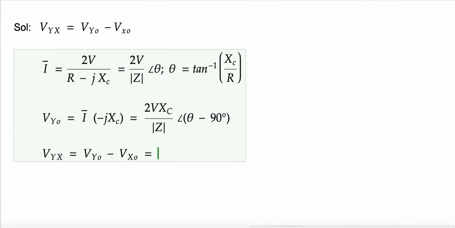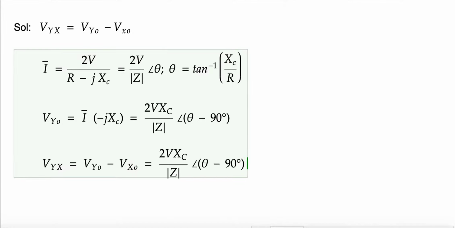Okay, Vxo. So Vxo is always... Vyo is this. You can directly use this one as we already have this one here. Vxo is V at an angle 0, which is nothing but V. Okay, here I am going to write this one as minus of 90 minus theta. Okay, why like that?